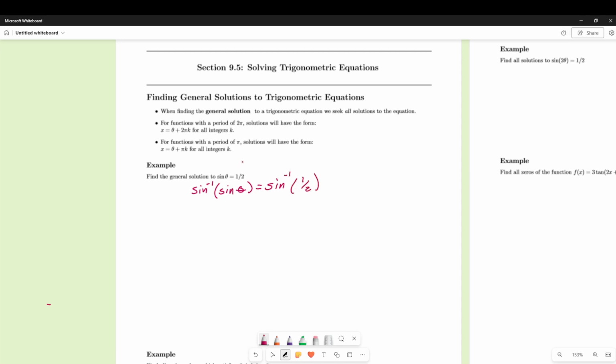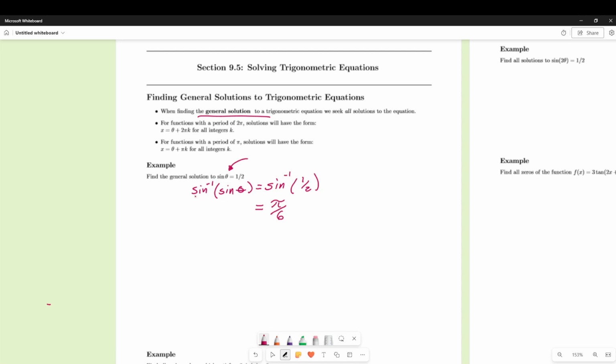Nowhere in this problem are we told that theta lives only within our restriction. That theta is a general angle theta. It can be anything. Again, we're trying to find a general solution. So we have to respect that fact. So even though the sine inverse of 1/2 is going to give us pi over 6 and only pi over 6,